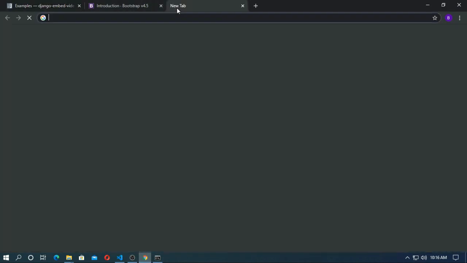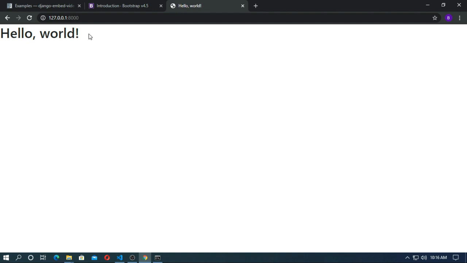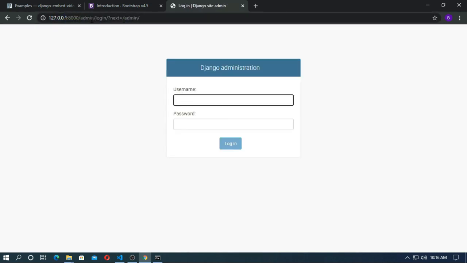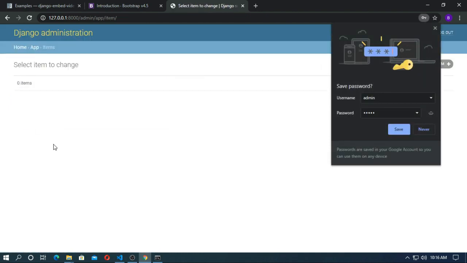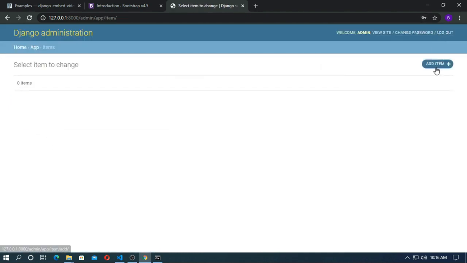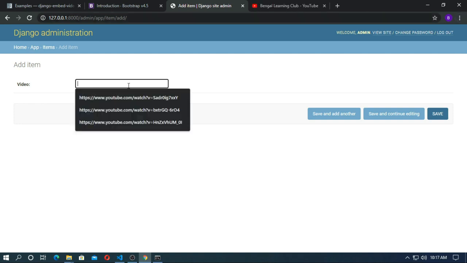Go to browser. Hello world. Okay, so go to admin, password is admin, login, go to Item and add item. So go to YouTube videos and copy the URL and paste here.